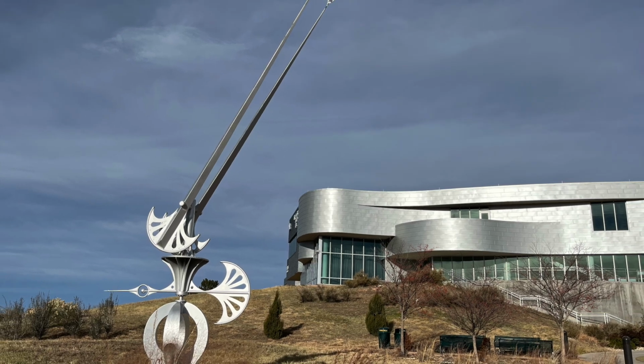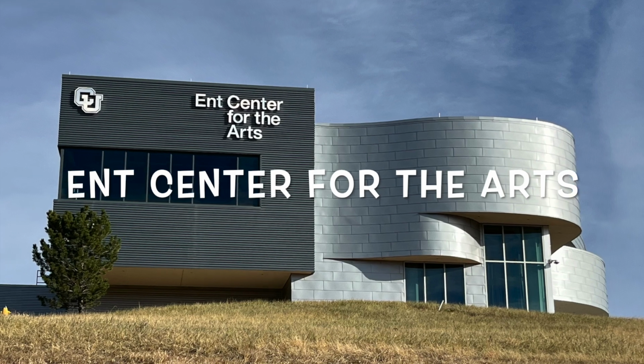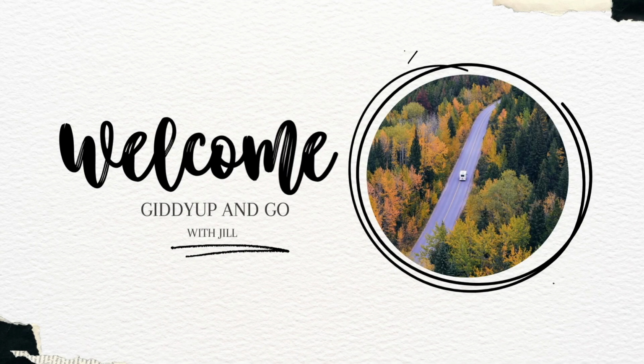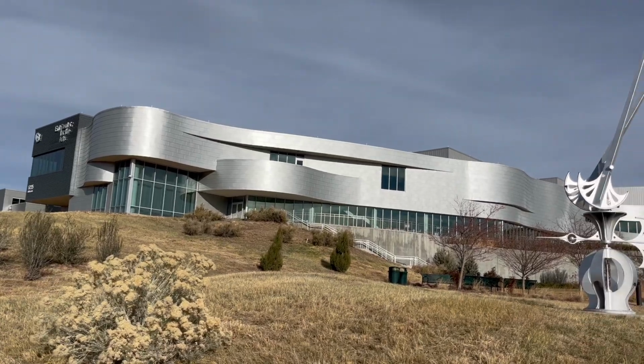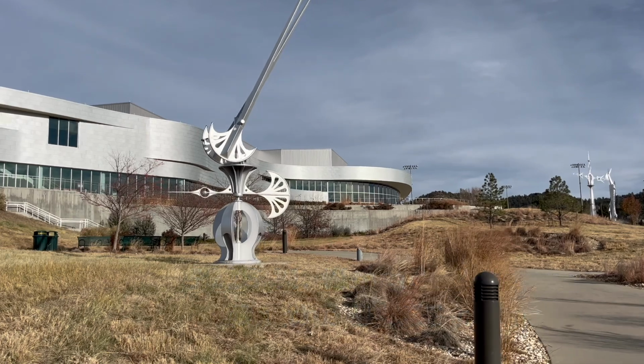There is a free gym on the University of Colorado, Colorado Springs campus, the Ent Center for the Arts. It's a treasure. Let's go. The Ent Center for the Arts on the campus of UCCS has indoor and outdoor art that is free to